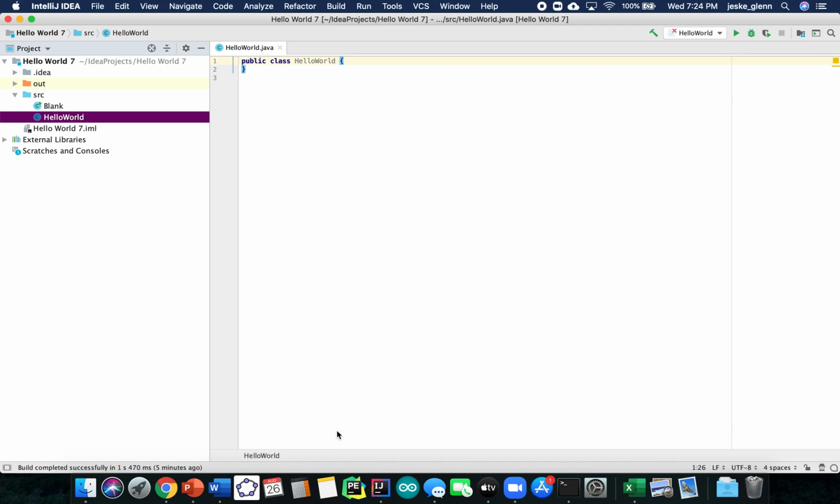Hello Java students. This video is going to show us some of the shortcuts that we can use in IntelliJ when working on programming our first Hello World program. So at this point you've already attempted experiment number 1, so you've gotten a message to appear in the console stating hello, or to appear as a graphical window popping up saying hello. So I'm going to show you a few shortcuts that you can now use moving forward to help you out